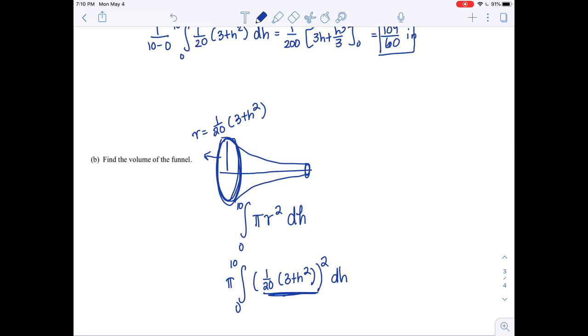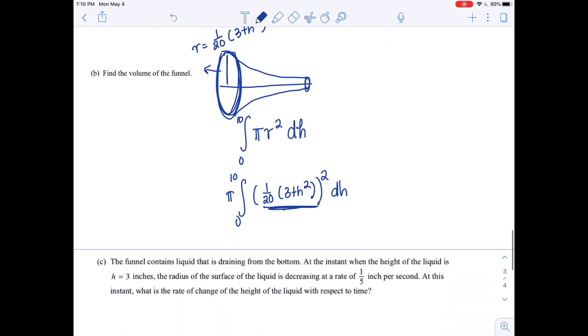Now again, I can't imagine they're going to give you a ton where you have to evaluate these things out by hand. I think this is going to be more one of those set up but do not solve type tests, because not everybody's going to have a calculator. But if you were to actually integrate this whole thing, and you can see all these solutions available online, you'd get something like pi/400 multiplied by the integral from 0 to 10 of 9 plus 6h plus h squared,